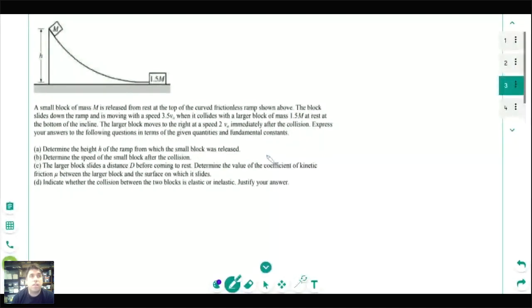So, all right, let's take a look at this one then. This one, we've got a block sliding down, hitting it. That, to me, says we're looking at doing some energy here. So we've got some energy potential at the top, turning into kinetic at the bottom. We're asked to find the height of the ramp first. So to do that, let's just start off with part A here. I'm going to say we have potential energy due to gravity, and all of it turns into kinetic energy as the block slides down the ramp.